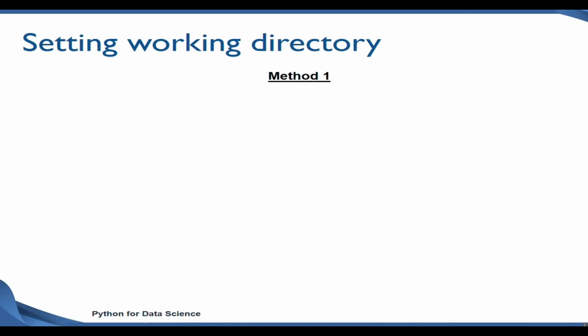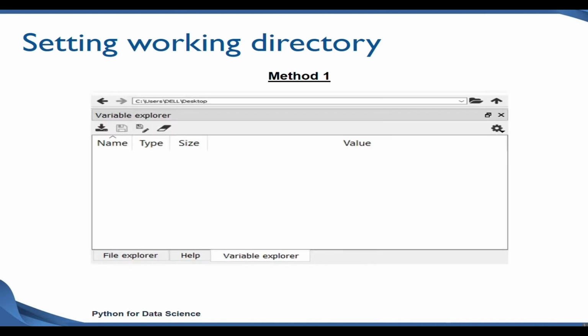Now let's see how to set a working directory using the icon. If you look at the top section here, you will see an icon with an open folder. You can choose a working directory by clicking on this icon. Once you click, you will be prompted to choose a location or a folder. You can choose a suitable folder, and once you click on the location, your directory is considered to be set. This is an easy method, and if you don't want to be typing commands every single time, then you can just do a drag and drop.